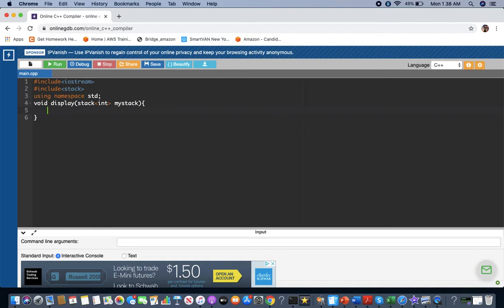And now, okay, myStack is here. Now while, let's make a condition: while myStack is not empty, myStack is not empty, so .empty. Alright, if myStack is not empty, we will